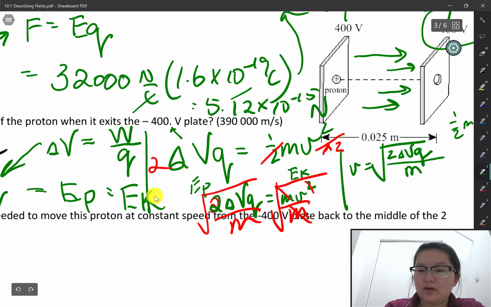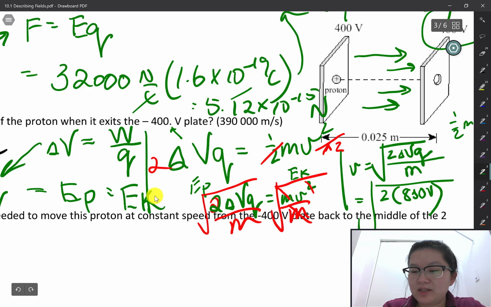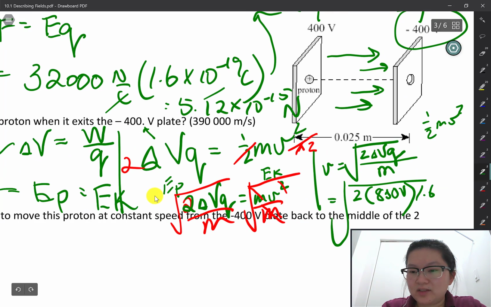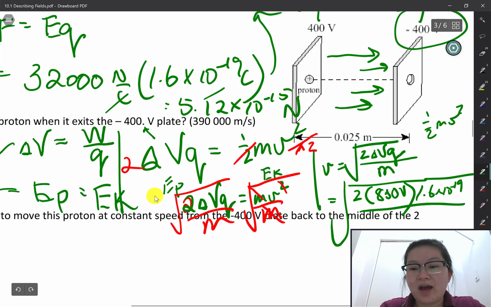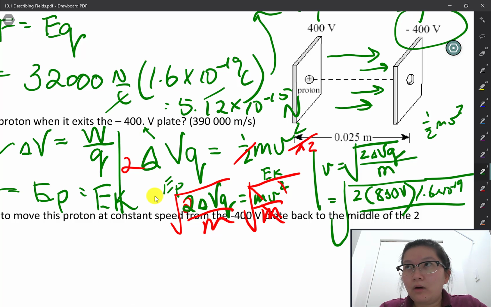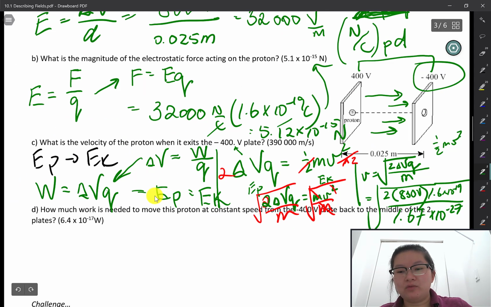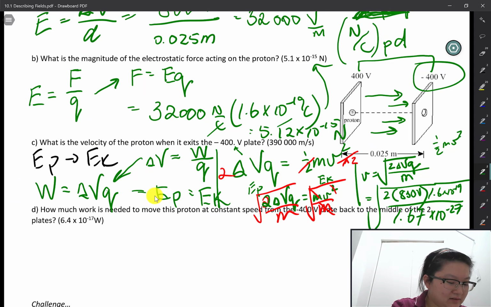Okay, so I will put it in. I get 2, and this is going to be 800 volts total, times the elementary charge, which is 1.6 times 10 to the power negative 19 for a proton, divided by the mass of a proton. You can find it in your data booklet, or IB data booklet, whichever one you're using. I believe it's 1.67 something times 10 to the power negative 27. It's going to be close enough to what I need to get. So putting that in,